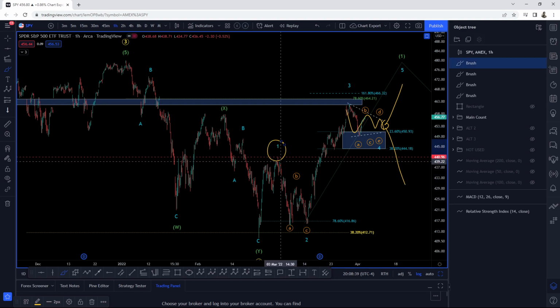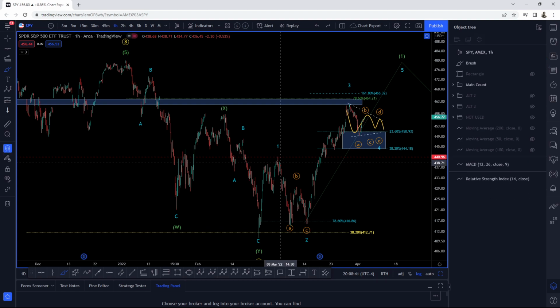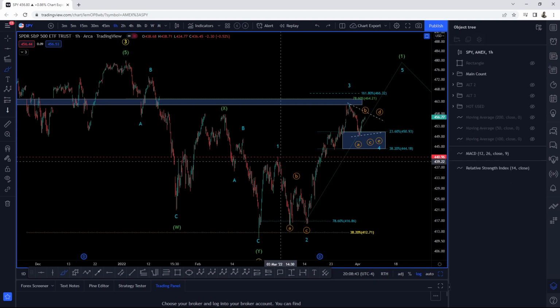So that's why I was really breaking my head over the weekend, like, damn, there's got to be another version of this count that is still suggesting upside, that is still suggesting bullishness, and what could that be? So let's quickly touch base on this one. I'm going to review the alt count, which is the bearish count, and then I'm going to get you guys to that version that I was looking at.